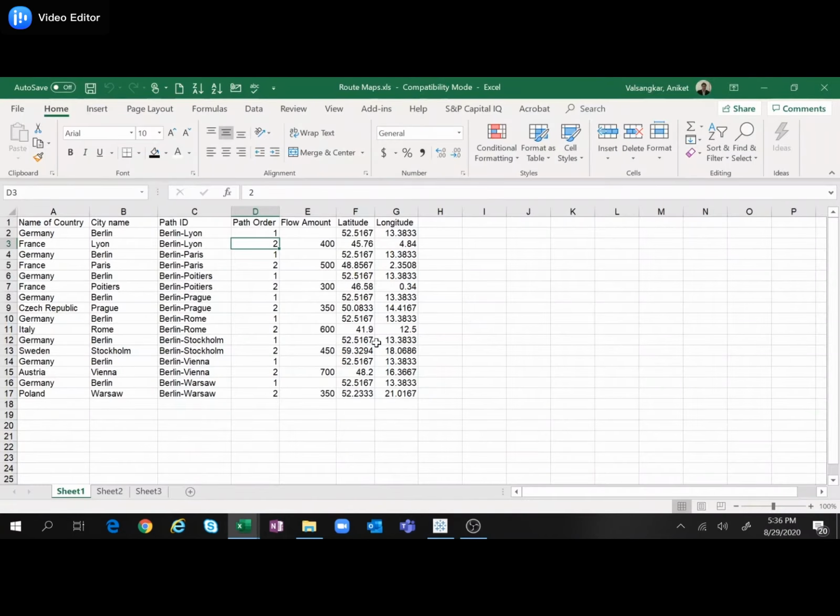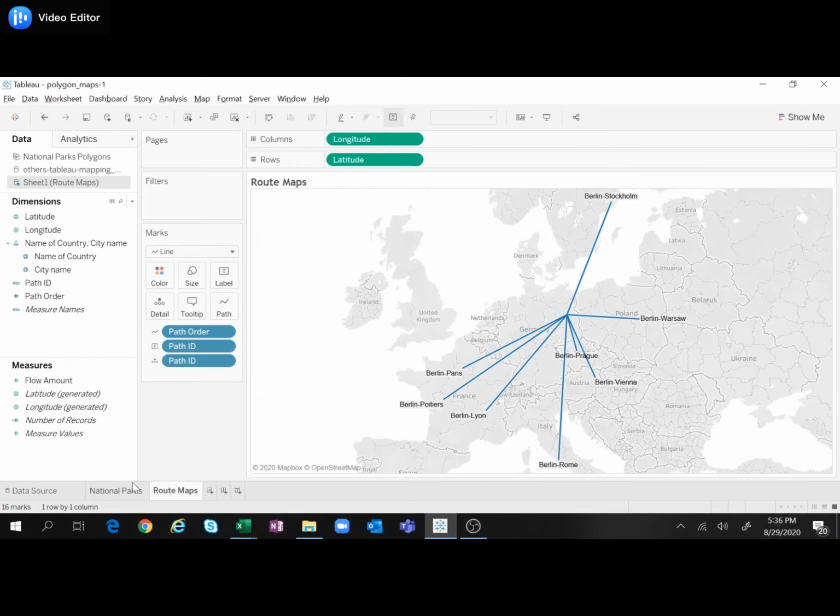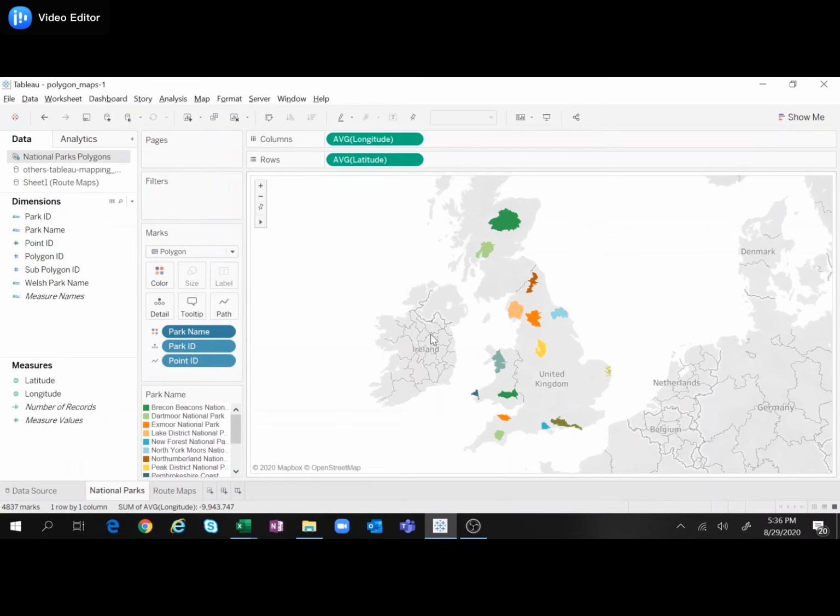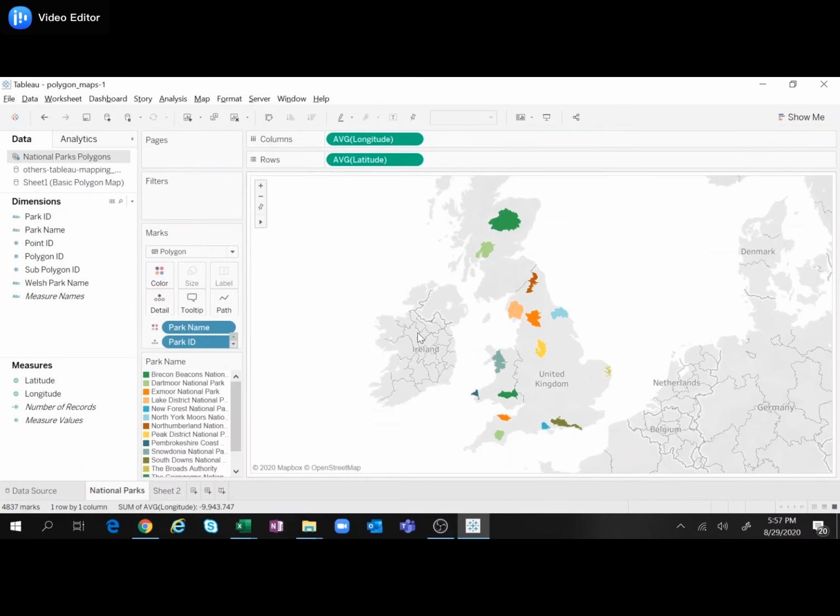The reason I am very much focused on this path order is because this is going to form the basis for our next plot, which is a polygon plot, which we are going to see in just a moment. This is something very similar to this that we are going to plot. So let us learn how to create a basic polygon plot first before creating this plot. And once you are able to create a basic polygon plot, this plot will be a cakewalk. That is something that I promise.